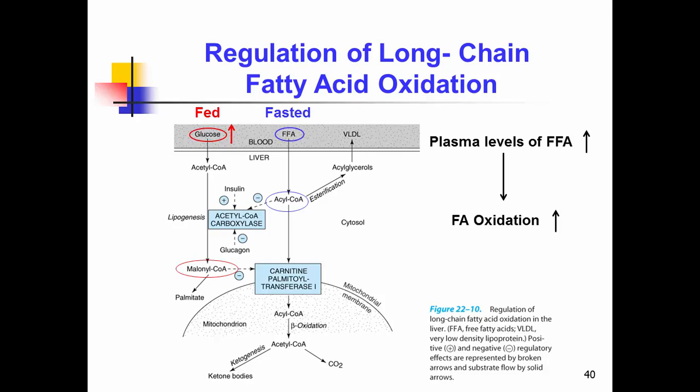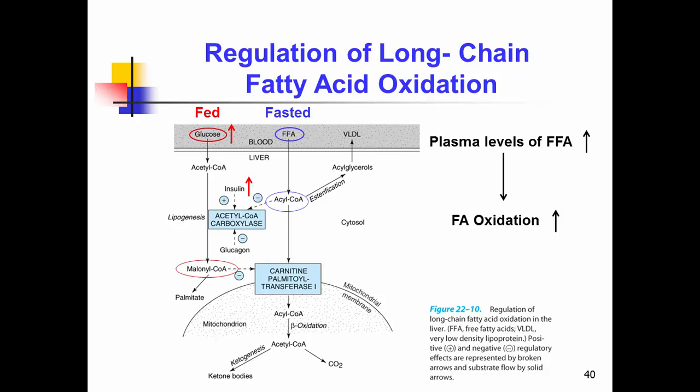So under the fed conditions, because we have lots of glucose, how can it inhibit CPT1? Just by not being there, it's inhibited, or what are the methods that malonyl-CoA uses to inhibit CPT1? Oh, that enzyme is always there, but its activity is inhibited under the fed condition when we have a lot of malonyl-CoA generated from acetyl-CoA, right?